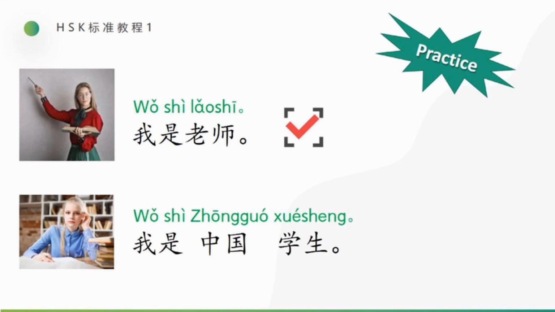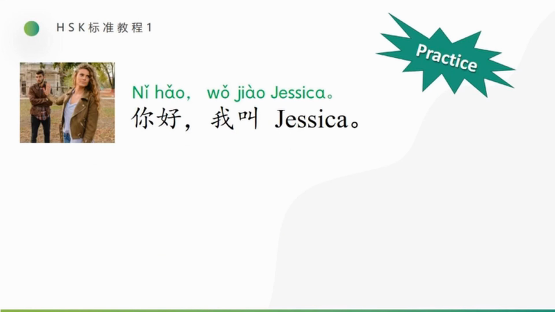Next one. 我是中国学生. According to the picture, maybe she is not a Chinese student. 错，不是中国学生，我不是中国学生。